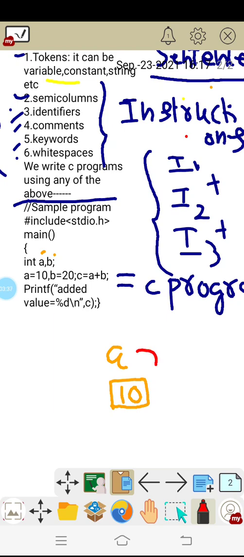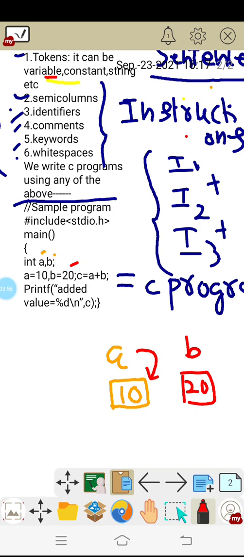As you can see, what we have stored in A is 10. Similarly, one more variable is there, that is B, and we have stored 20, as you can see from this program. So A and B are called variables, and variables belong to the token part. So that is completed. Next, semicolon.